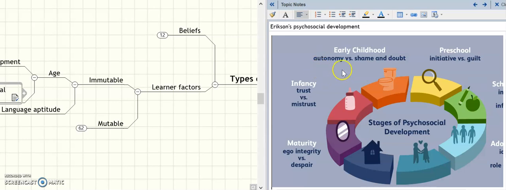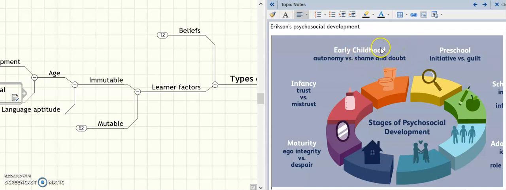So here autonomy is because they can do things by themselves. If the students are successful, then okay, they will be autonomous. But if they are not successful, well, the child will